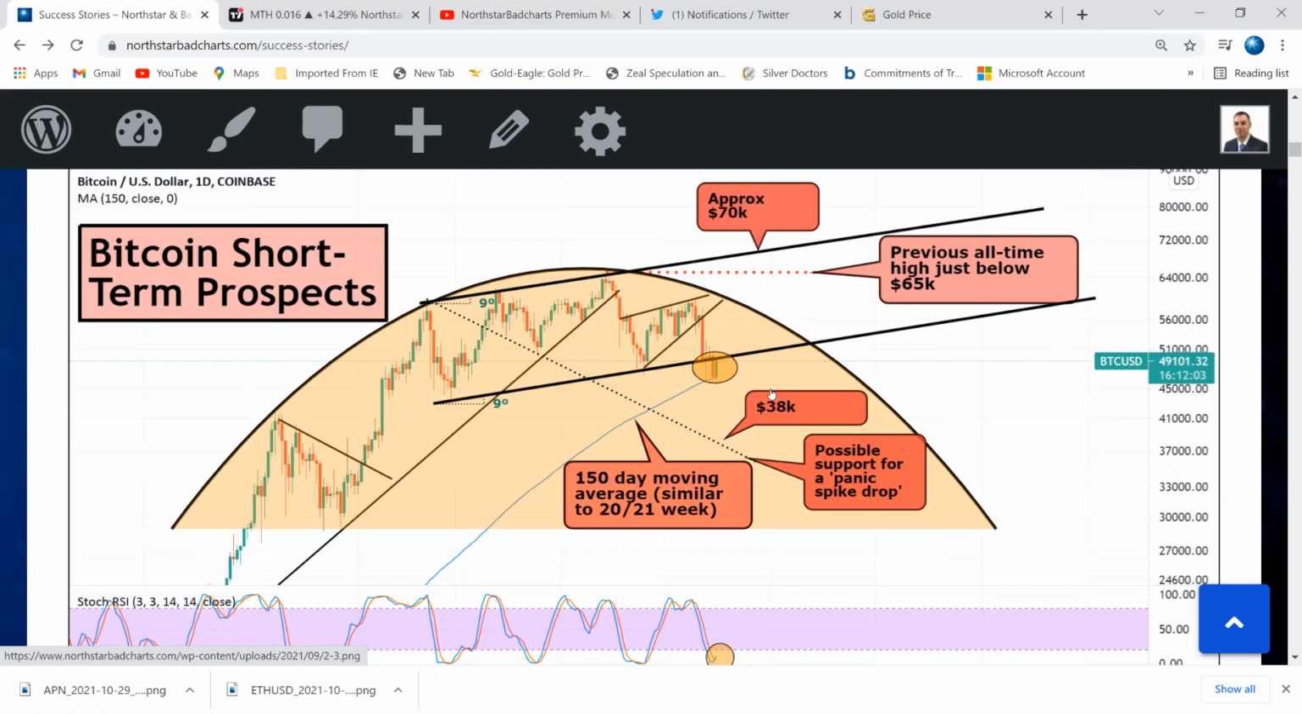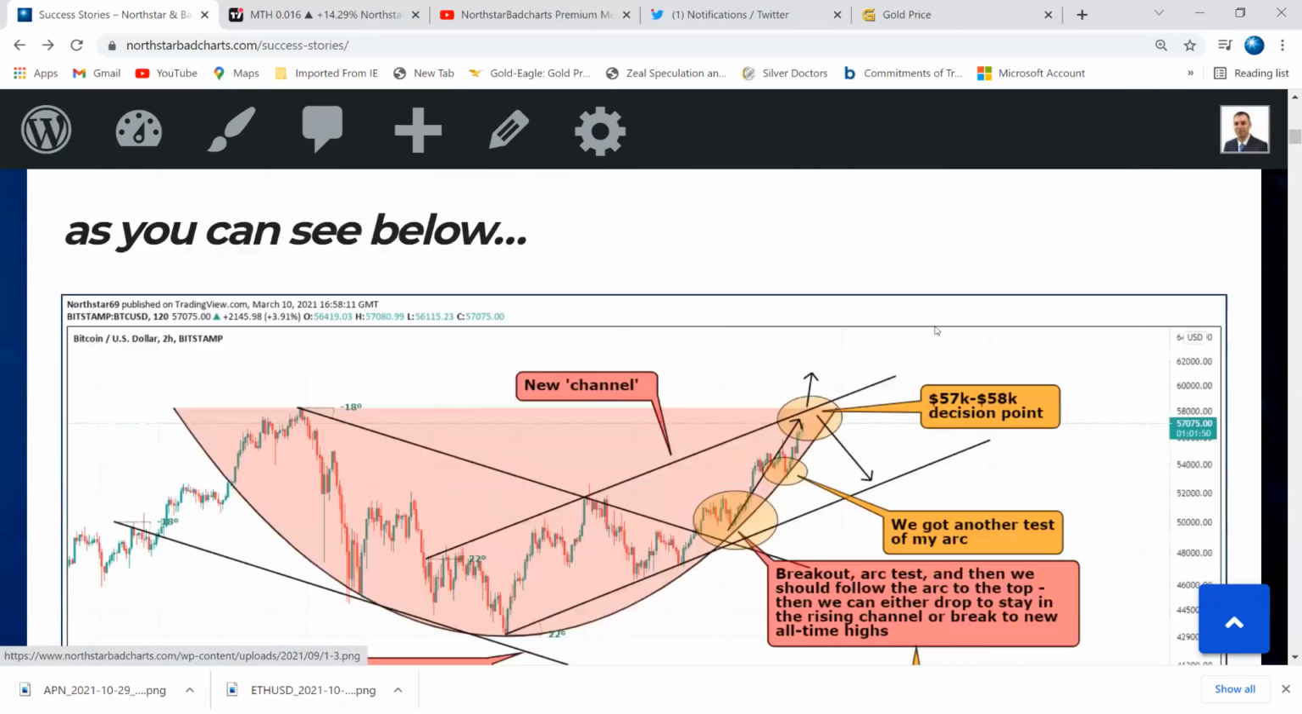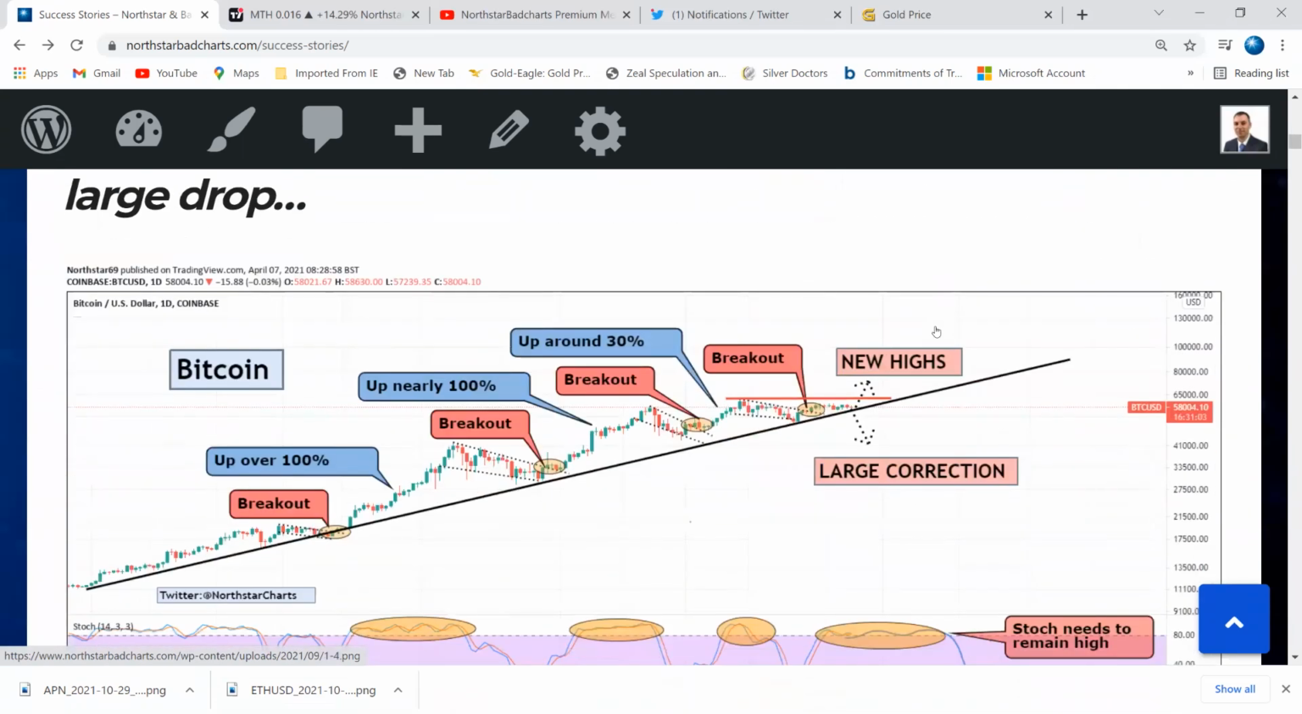So if you're new to the world of technical analysis, you probably think this is all mumbo jumbo, but you can see that all through the progression of Bitcoin to 65,000, we've forecast it getting there. And then when things started to,